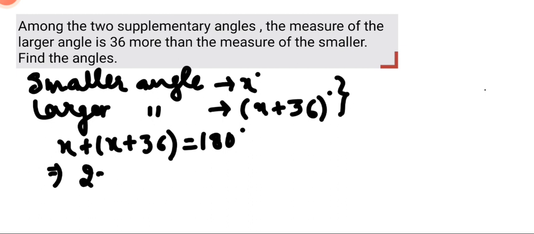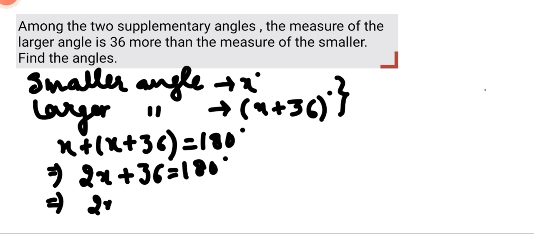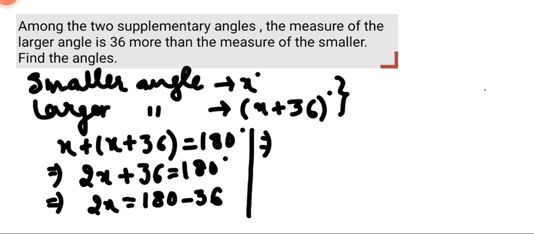After solving it we get 2x plus 36 equals 180 degrees. Here 2x will be equal to 180 minus 36, which can be further solved, and we get x equals 144 divided by 2, which equals